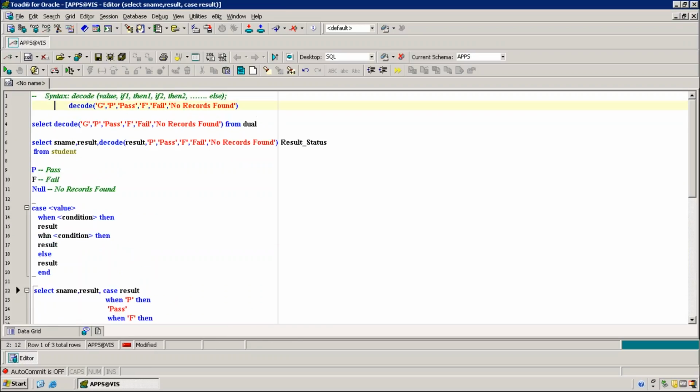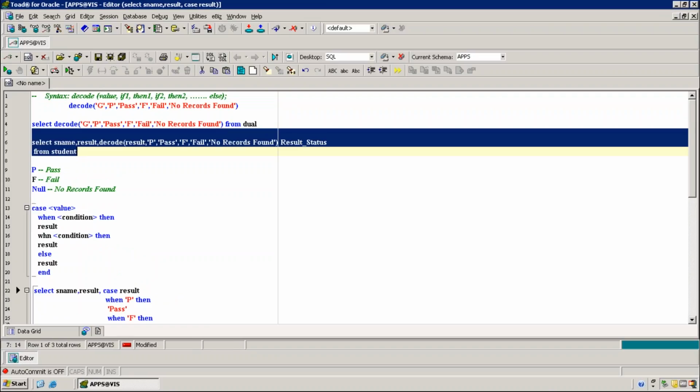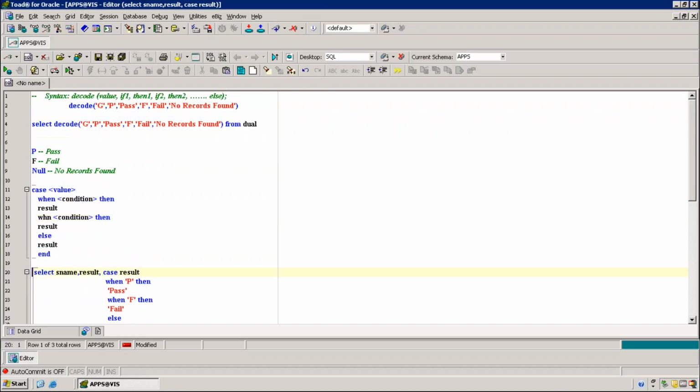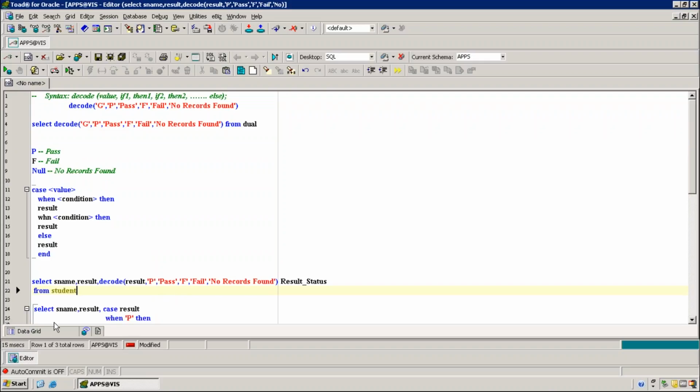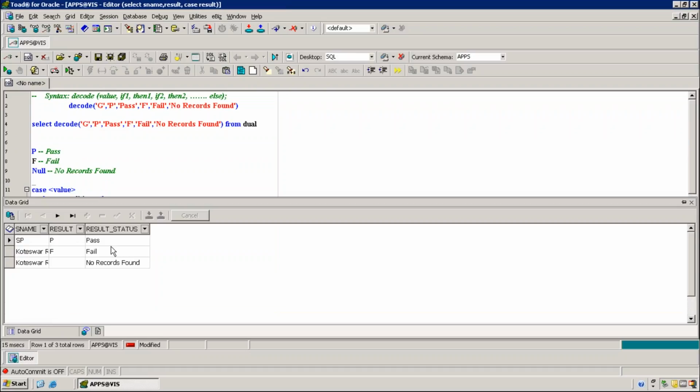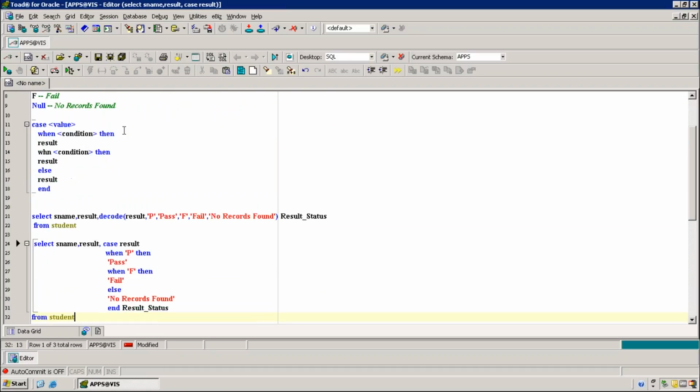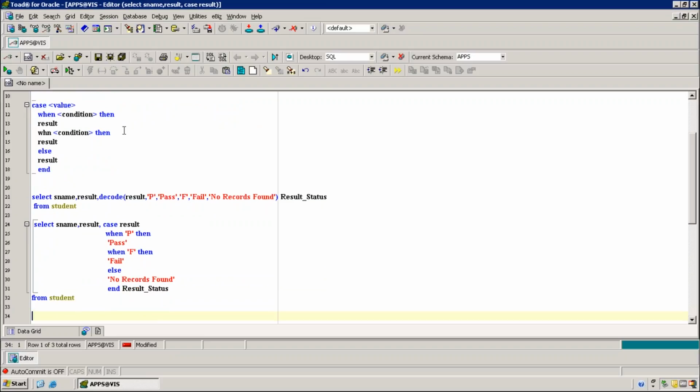Now tell me, both are working the same scenario, but why do you want to do two things here? You understood, right? See what is the result it is giving? Same, right? What is the result this is giving? Same. Both are same. Why do you want two things? One is enough, right?